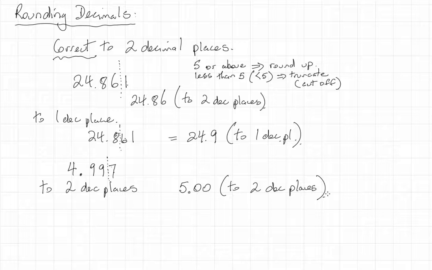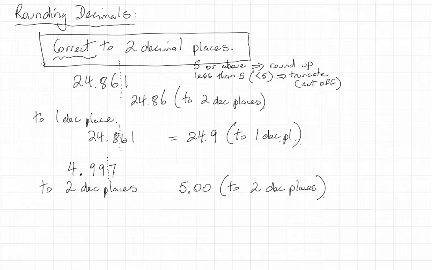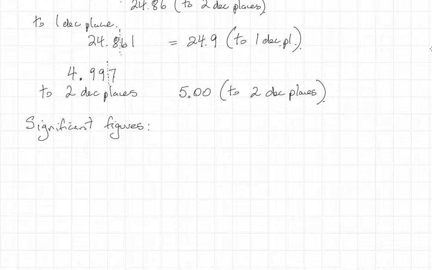Okie dokes. I think that basically covers everything. So as a general rule, if you're not asked, give all your answers correct to 2 decimal places in this course. And if you're asked otherwise, well then obviously you follow it out and go through and do it. There is another thing related to this, another concept is called significant figures. And this is used quite extensively in courses that require you to measure. For instance, say you measured,